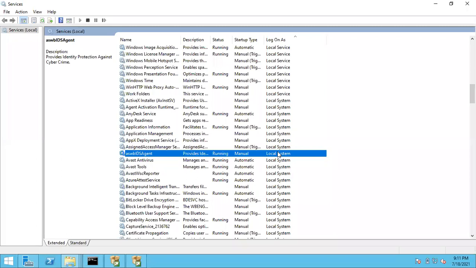Local system account will have highest privileged permissions, so that it can enter into any folder, it can read any data. Once the reading is completed, it will ask antivirus to delete the files, right? Delete means what? It's a write operation, right? So the service account can read the data, service account can write the data.